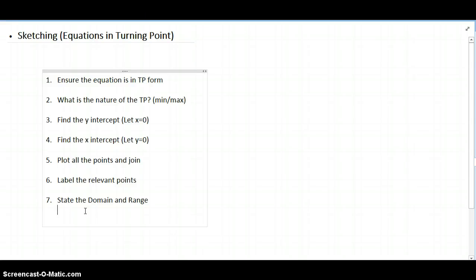There's multiple ways to sketch a parabola. One of those ways is to sketch a graph that is already in turning point form. So in the next video we'll look at a graph that's in standard form, but one reason why we like a graph in turning point form is because there's a few things already that we can determine from it, from the formula a equals